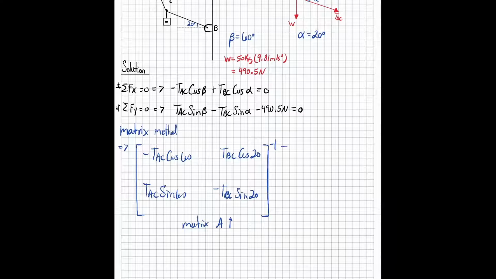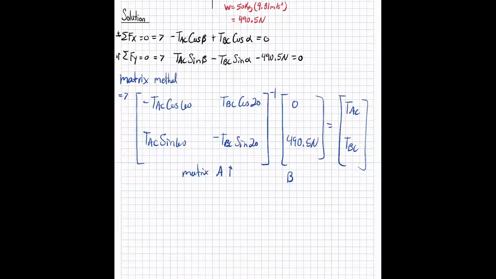I'm going to take the inverse of that one times our B matrix, which is going to be 0 from right here. This is 0. And I'm going to move this negative 490.5 newtons to the right-hand side, so it's going to become positive 490.5 newtons. And all that is going to be our output, which is tension AC and tension BC. Okay, so if you look at it, this is matrix A inversed times matrix B is equal to our output,